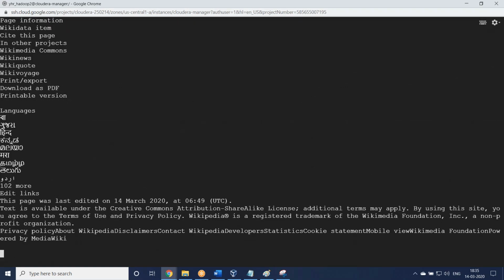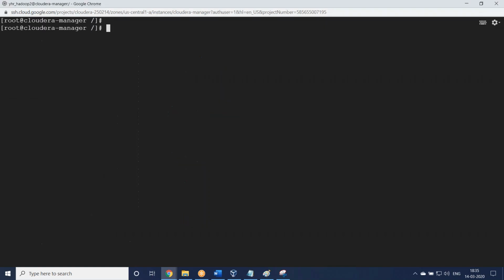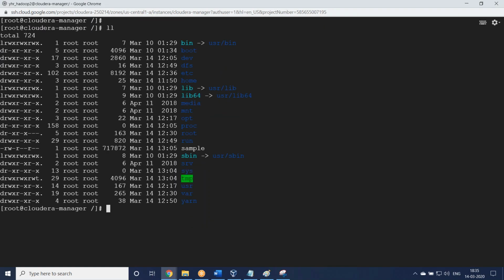Okay, so I'll save it, clear the screen, LL. So one file is created, sample file. We have created a sample file in the local file system. Using this, just create some more files. Sample, sample one. Or else let us take a big size, multiple times sample.